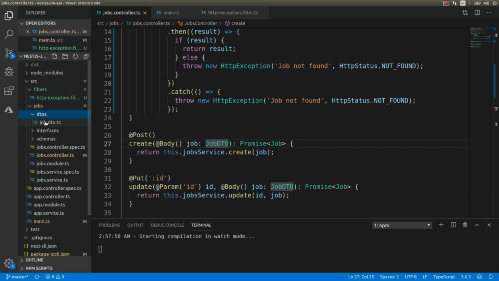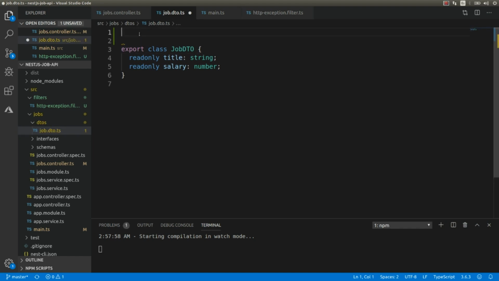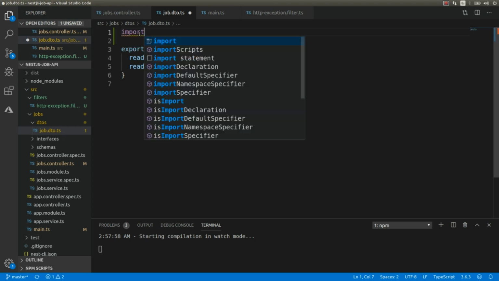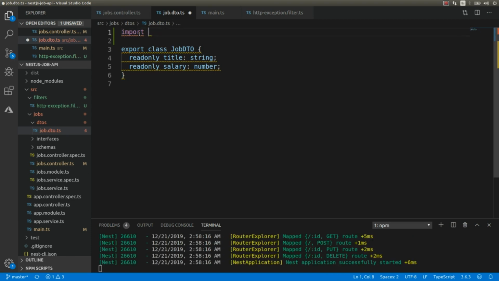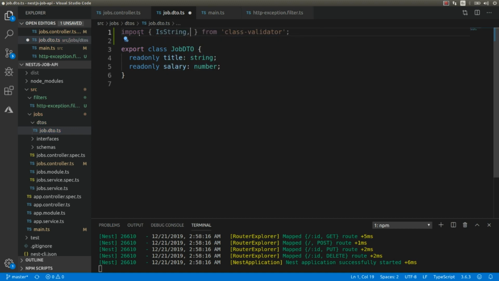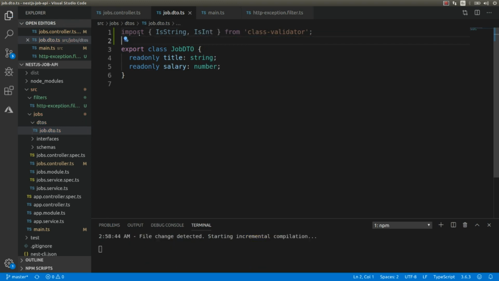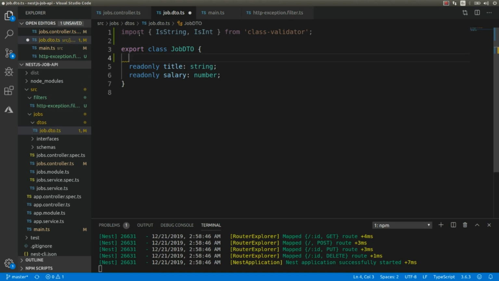I'm going to the DTO, and what I'm going to do here is import the class-validator library, import from class-validator, and I'm going to import a couple of decorators: IsString and IsInt,